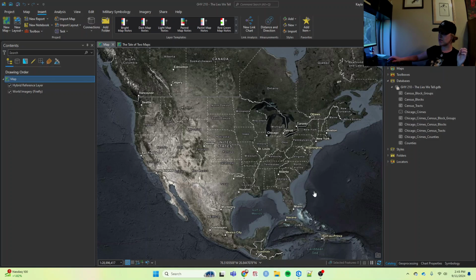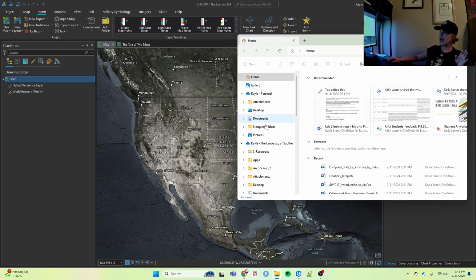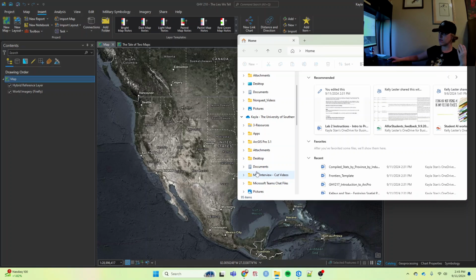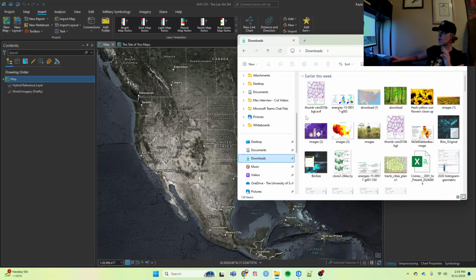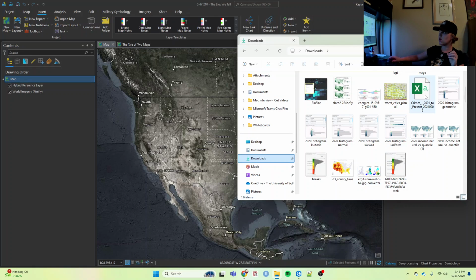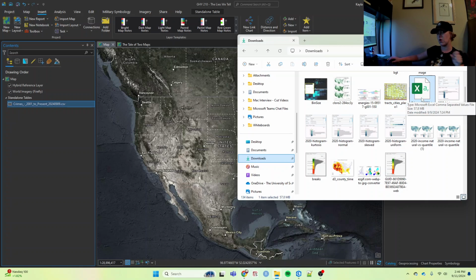The Chicago PD released a public data set, and it had all of the different crimes with the exception of murder for 2001 until 2024. Now, because the data set was so large, I only took 2023 to 2024, so the last 365 days. When I downloaded it, it came as a .csv, or comma separated value, file,